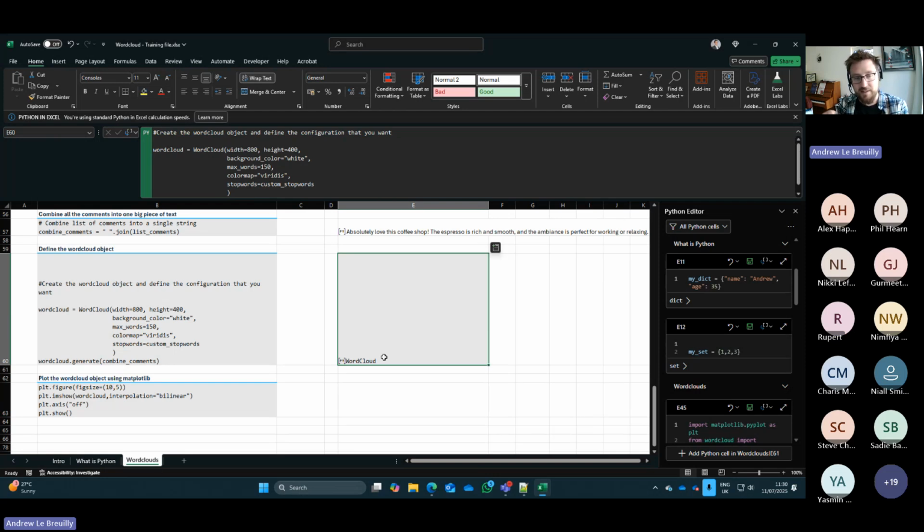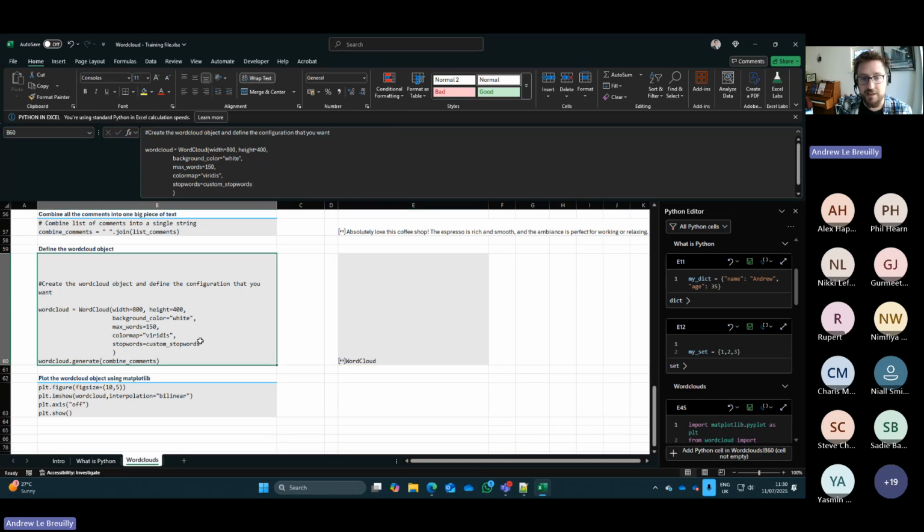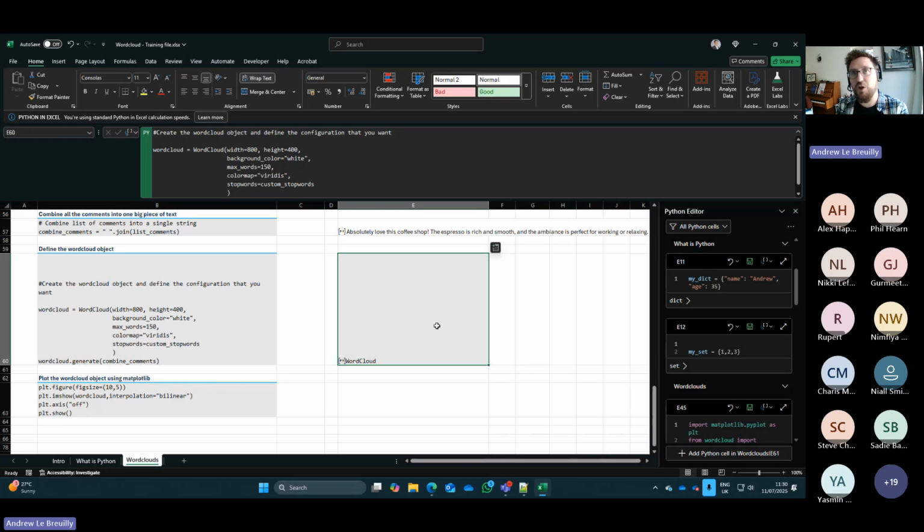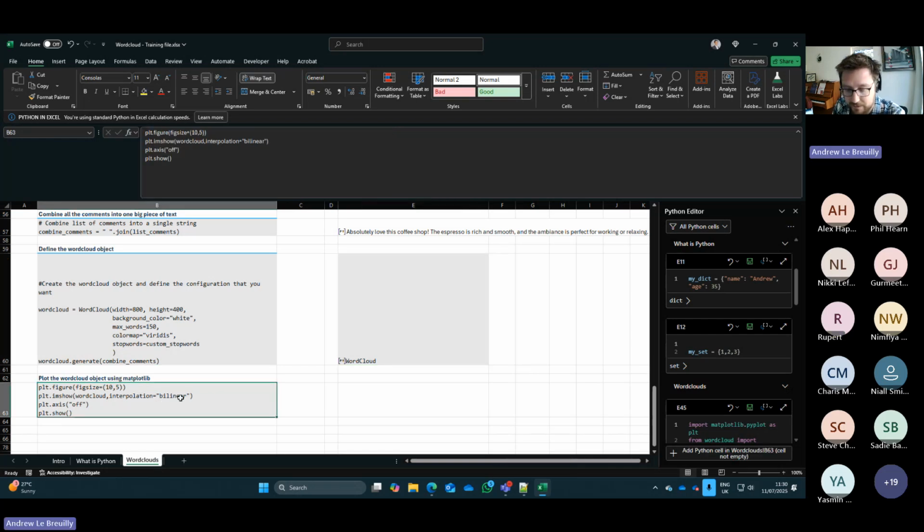If we read this here, it's taken in our custom stop words and applied that to the word cloud. And then it's also taken our combined comments, that's our really long string of text, and generated the word cloud. But it's only created the object of a word cloud. It needs now to be told to present it. And that's where we use that matplotlib library that we mentioned before to display what that word cloud looks like. So that's where we take this little bit of code,